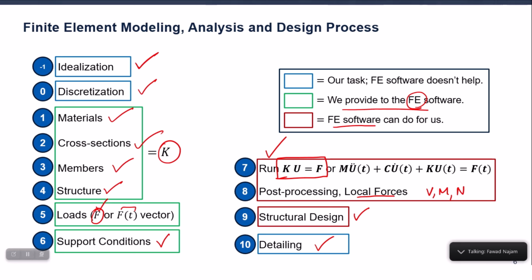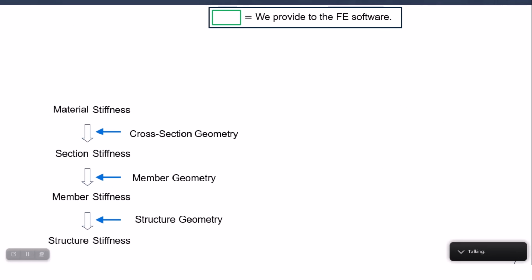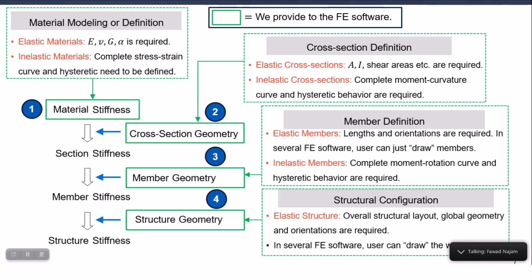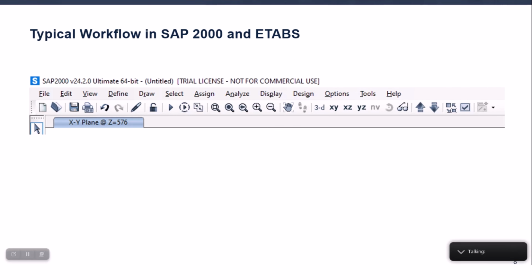So, I will skip all these details, but this will be the typical workflow, starting with defining material, then defining cross section, then drawing the structure, which means defining member geometry, and then completing the structure with full structural geometry. If you look at the interface, I will open it in a moment, but you will see that generally